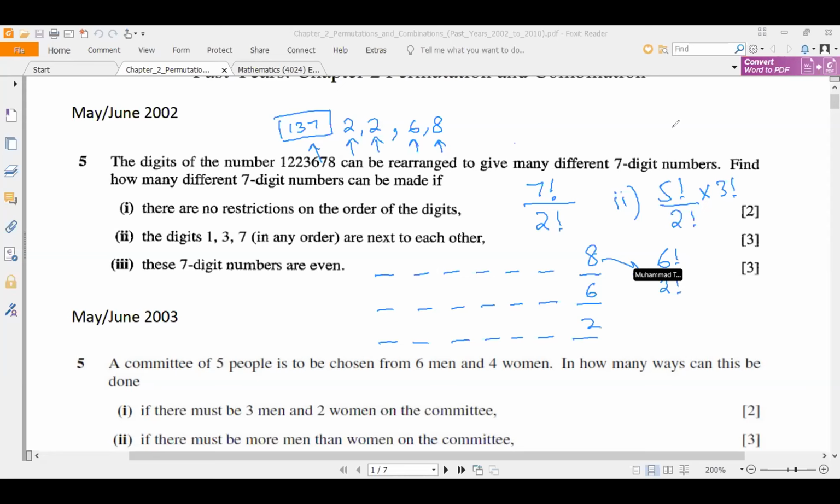अगर आपने एंड पे 6 फिक्स कर दिया तो भी रिमेनिंग 6 के लिए यू हैव 6 फैक्टोरियल, और उनमें जो रिमेनिंग 6 नंबर हैं उनमें 2, 2 टाइम्स आ रहा है तो डिवाइड बाय 2 फैक्टोरियल। लेकिन अगर आपने 2 एंड पे फिक्स कर दिया तो रिमेनिंग जो 6 नंबर्स हैं दे विल बी 6 फैक्टोरियल, और उनमें 2 एक ही दफा आ रहा होगा, रेपिटेशन नहीं हो रही होगी, सो डोंट डिवाइड विद 2। सो 6 फैक्टोरियल बाय 2 फैक्टोरियल प्लस 6 फैक्टोरियल, या आप इसको 6 फैक्टोरियल डिवाइड बाय 2 फैक्टोरियल टाइम्स 2 कर दें प्लस 6 फैक्टोरियल,